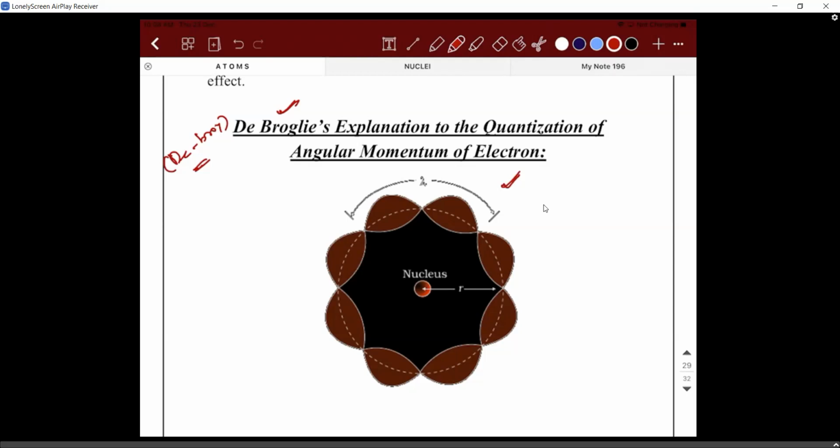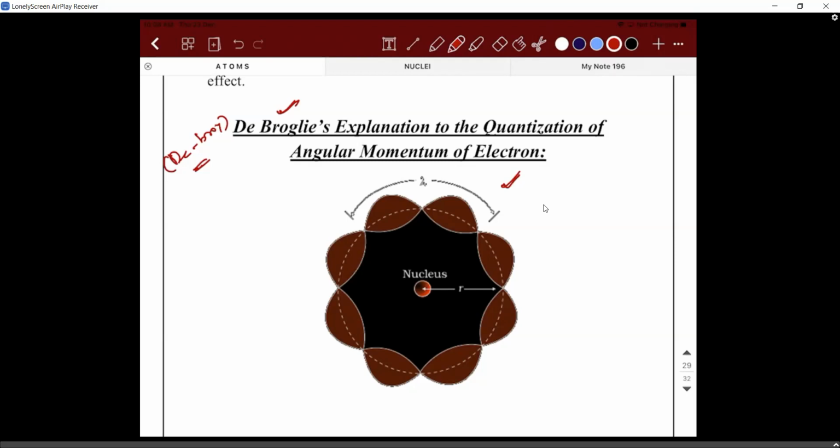What is the 11th chapter? Dual properties of matter and waves is what we are going to see. That is, light exhibits dual properties. When a wave can behave like a particle, they said nature follows symmetry, so a particle can behave like a wave. Here we are discussing the electron. The electron is a particle, and that particle will also exhibit wave nature, which we would have discussed there. As of now, you have only one option: accept it.